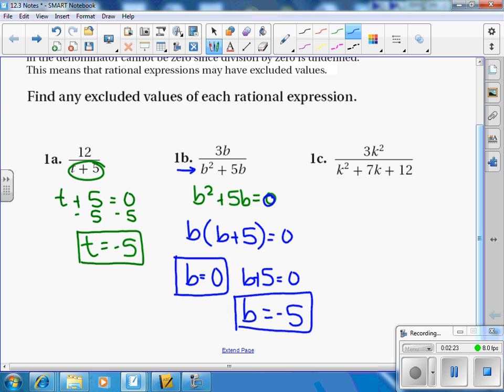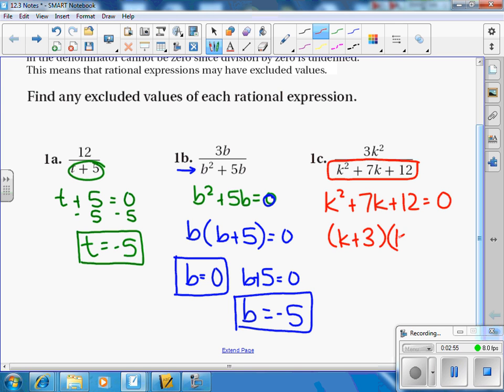So how about 1c? Take this denominator, and we want to figure out what values will make k equal to 0. And this is like the extra credit on the last test, that some people knew what they were doing and other people didn't. But I want to factor this. Set them both equal to 0, and that will tell me what k cannot be. So if I factor this, I want two numbers that add to make 7 and multiply to make 12. And I picked an easy one for us. 3 and 4,